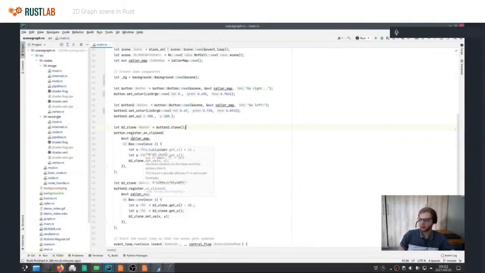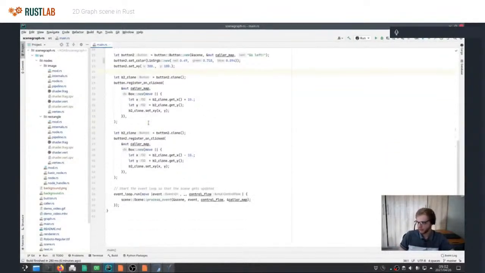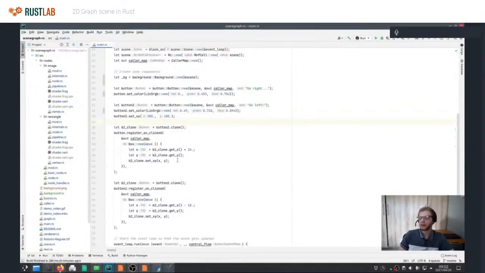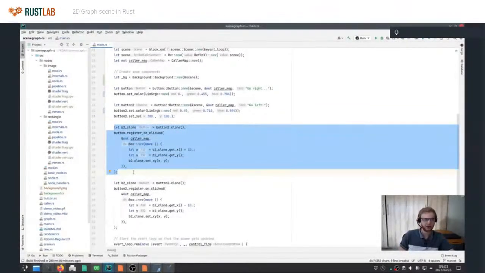So when you want something to be cloned inside the closure, you need to create a clone yourself before moving that. That's a bit unfortunate. I hope at some point they change it. But it's not that bad. And if we were building the real version of this system, we could probably hide this type of ugliness behind some kind of macro. So long term, this isn't the end of the world either.